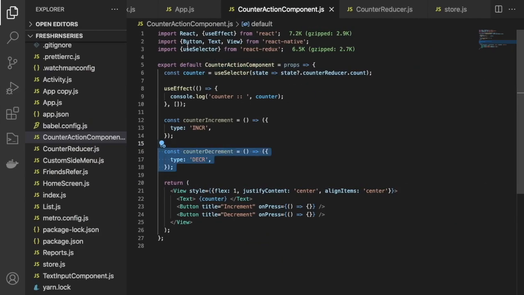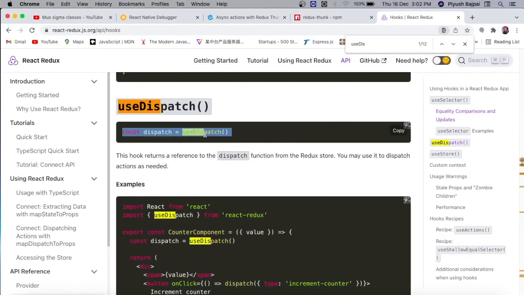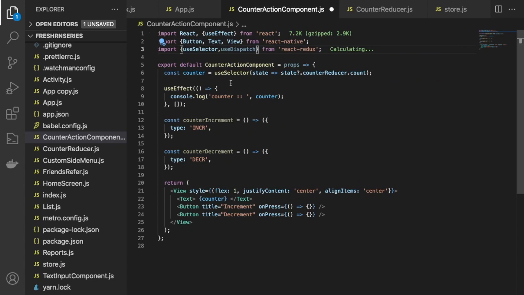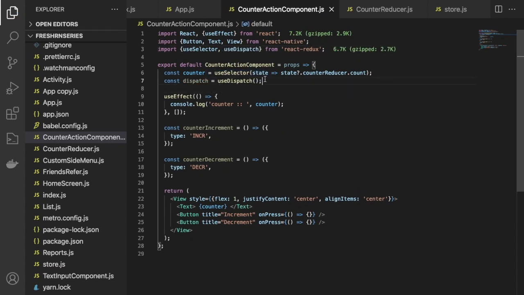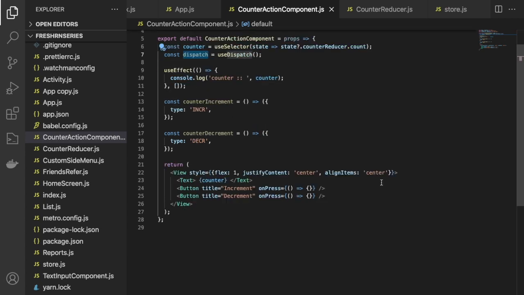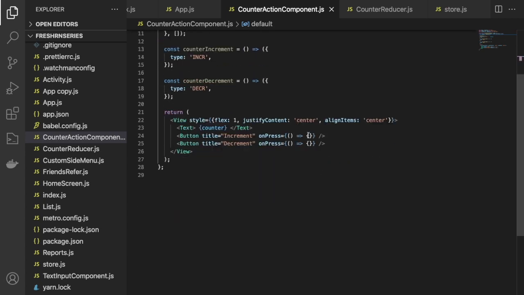Use this, copy this line and just use it here. This line also you have to use inside the component. So let me copy this dispatch. Dispatch, and I have to call my action name.